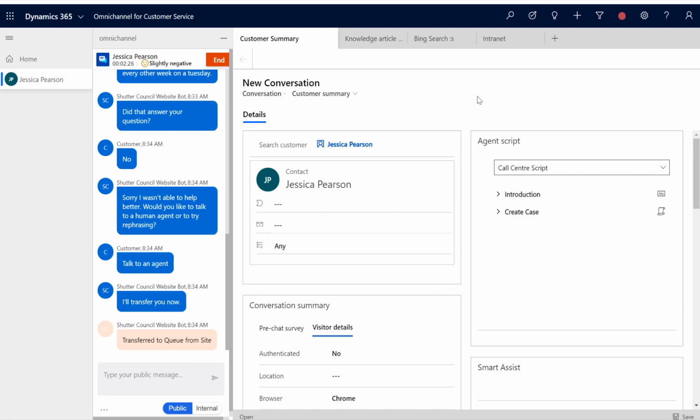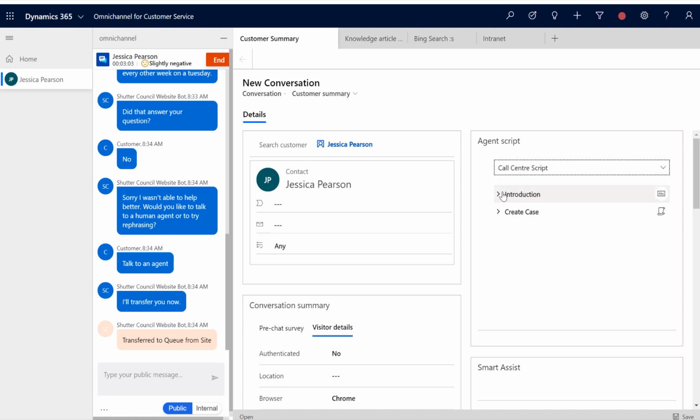Another thing as well that's available in the conversation screen is the agent script. Now, before I move on to the agent script, the conversation screen, as you can see here, is a standard CRM or standard Dynamics form, which is configurable and customizable. So I've actually added this control to the screen, although the control is actually a part of the productivity tools that you can install once you've included Omnichannel Engagement Hub into your environment.